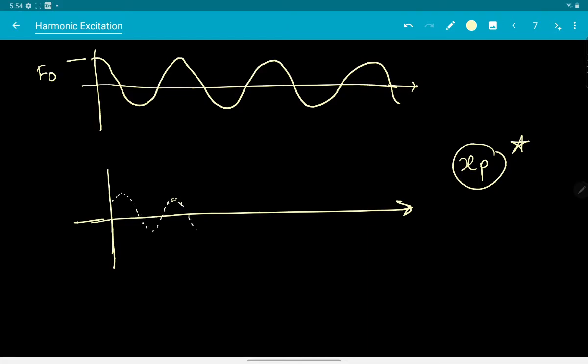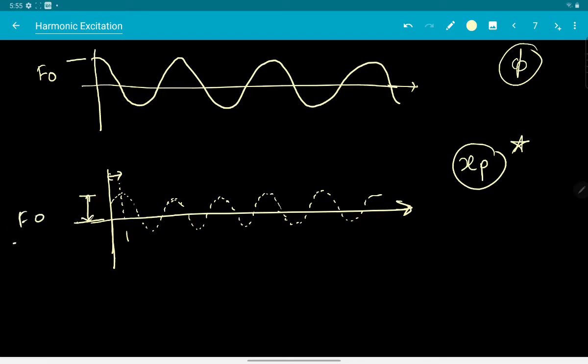It will also be a cosine train, but it will be shifted slightly along time axis because we have phi angle. Okay, so there is a slight shift over here, right? The slight shift you are seeing over here is because of that phi angle. Okay, and amplitude will also be different. This amplitude won't be equal to f0, but it will be equal to f0 divided by that big bracket under the square root term over here.